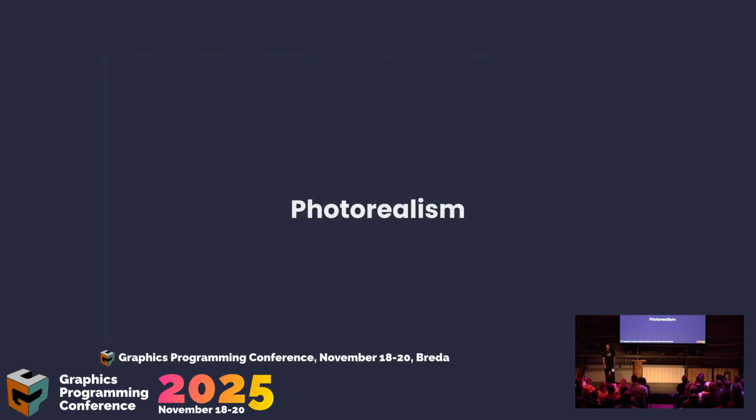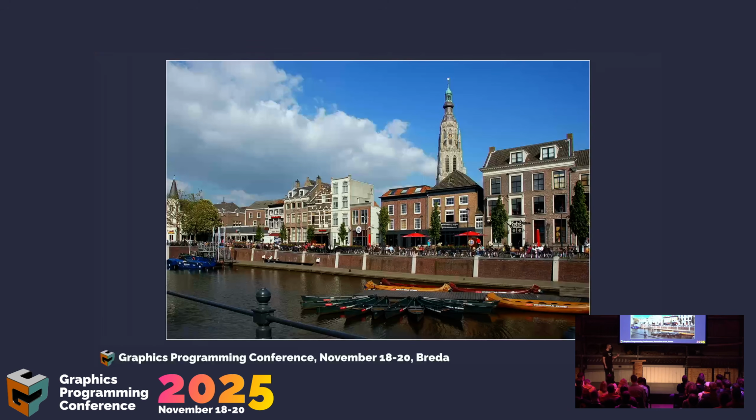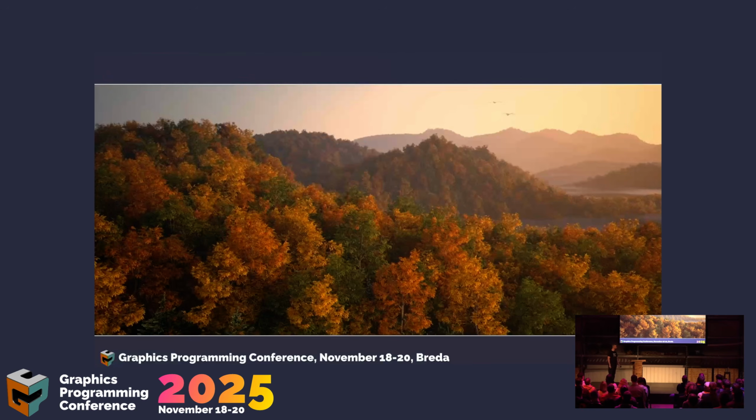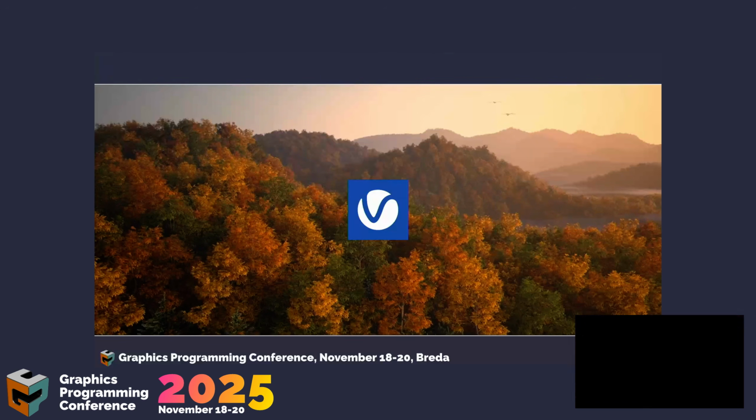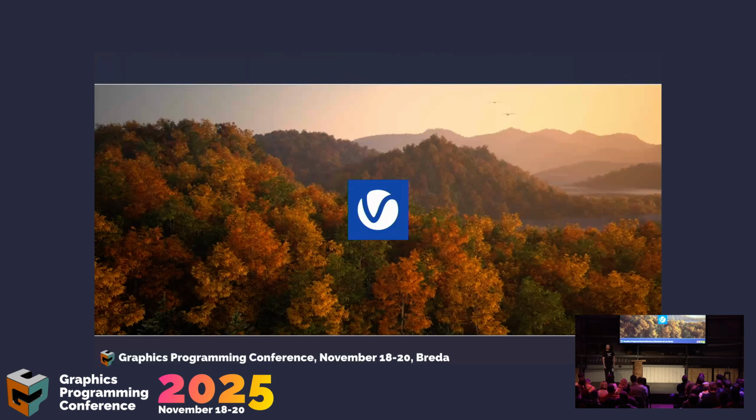Photorealism is a big part of computer graphics. We try to simulate our world digitally. And I'm happy to report that in our company, we've managed to achieve almost perfect photorealism. Thanks to our major product at the company, the offline CPU ray tracer V-Ray, we managed to create such images, to generate such images, simulating the physical light properties of the real world. And today I'll focus mainly on V-Ray and Chaos Vantage, 2 of our products, but we have a